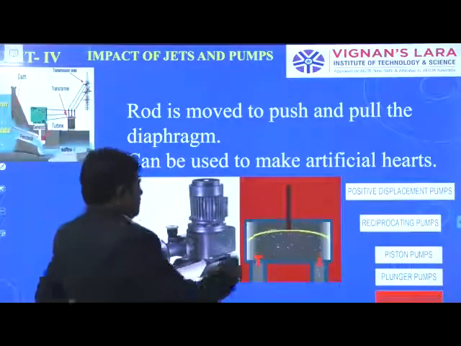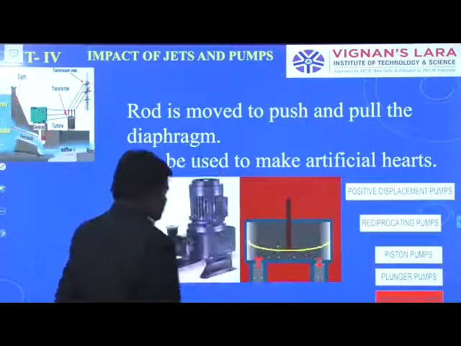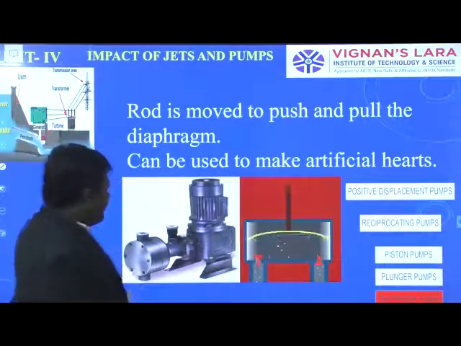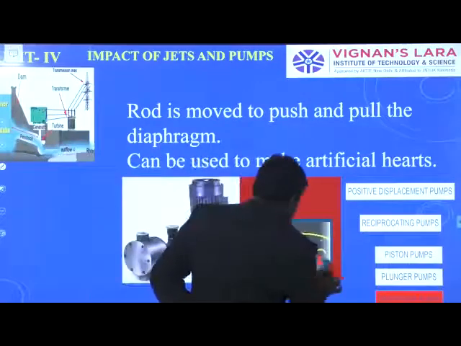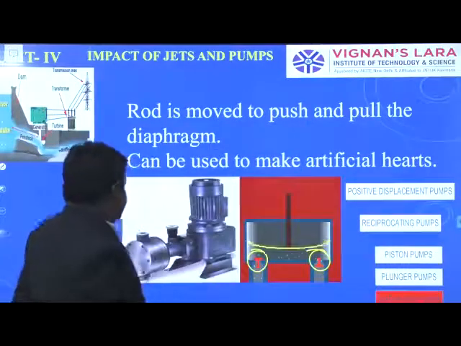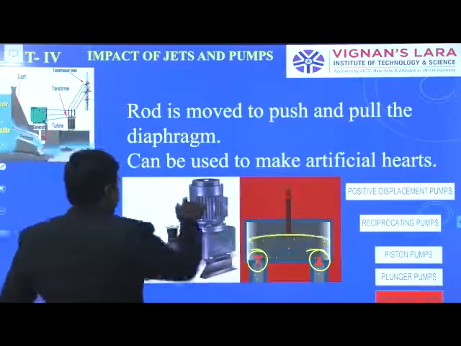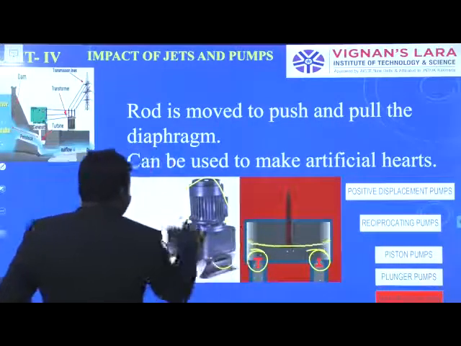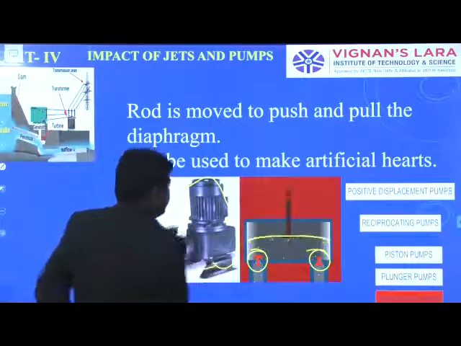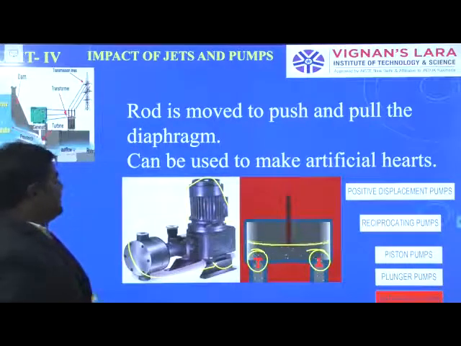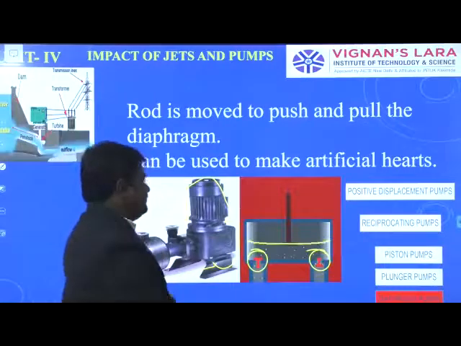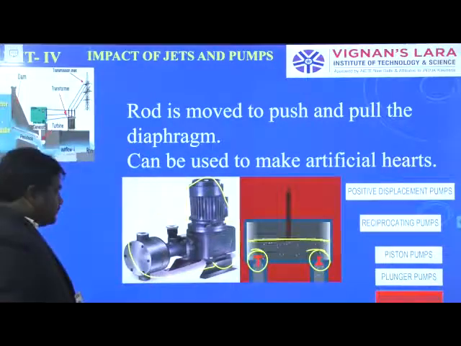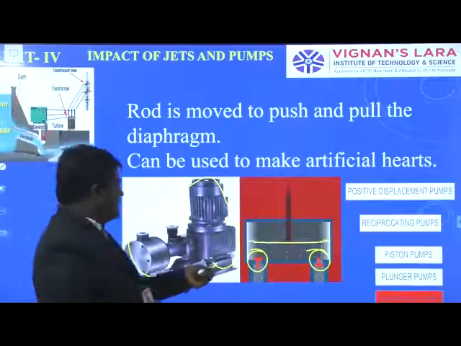See the action. It also has two walls. This is the one wall and the second wall. So this is the final diagram of that diaphragm pump. It can be used to make artificial hearts; for artificial hearts, we are using this type of